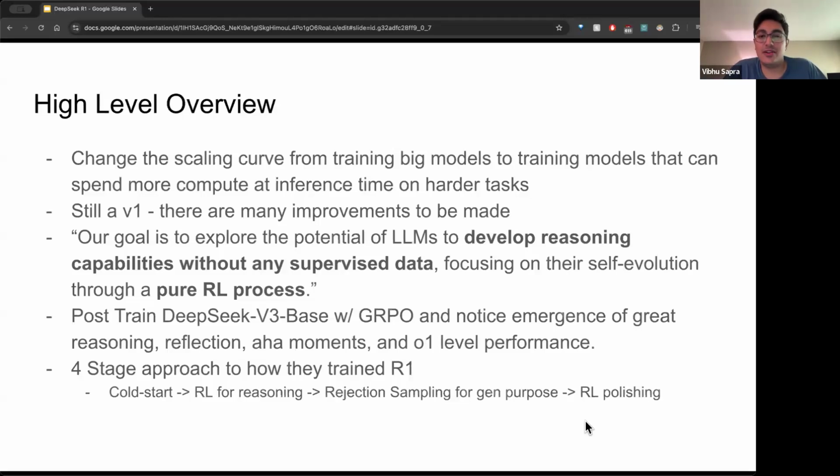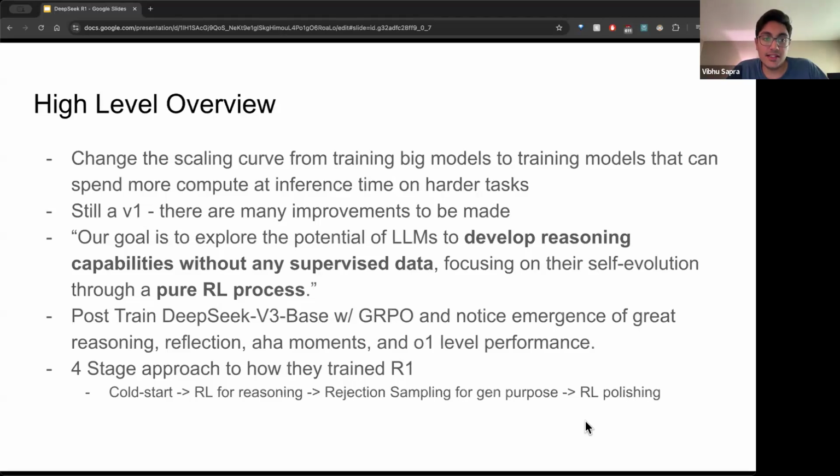The paper's not that good. They don't really talk much about the training data. Like Sean mentioned earlier, it's a pretty basic approach to what they did. So there's not much in the paper. They don't talk much about the data. They don't talk much about a lot. But anyway, it's a paper. Weights are there. It's MIT license, which is pretty good.